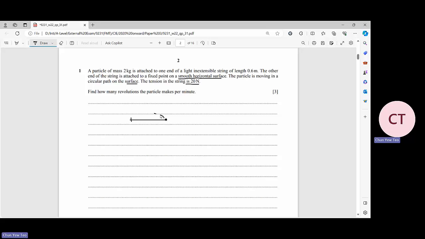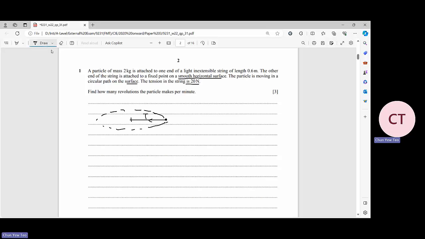It will be moving in a circular motion like this. And the tension given is 20 Newton. And the mass over here is 2 kg. The mass is 2 kg. Okay, so what we need to do is that the question is looking for how many revolutions the particle